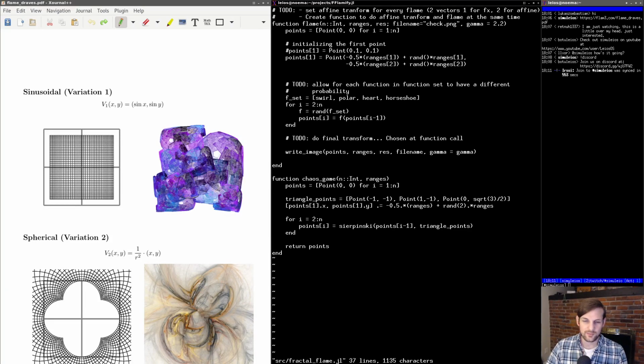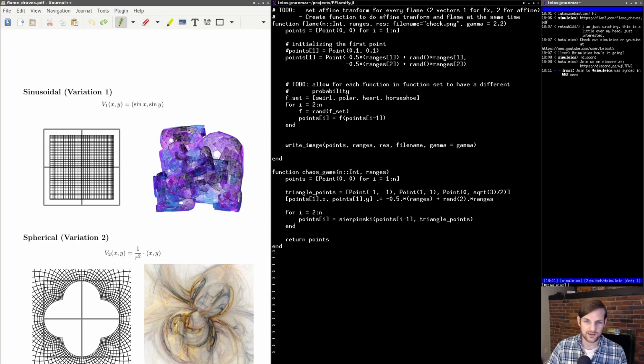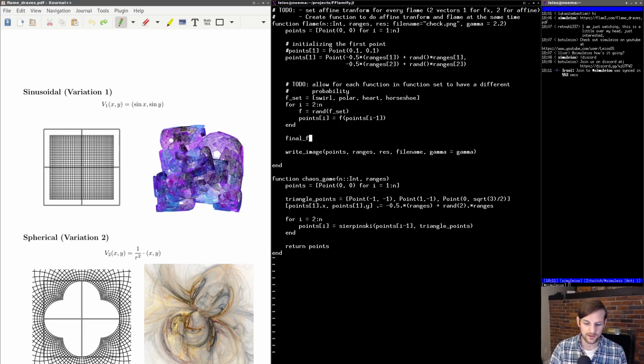Fractal. Now let's go down here and implement the final transform. So we're going to say final f is going to be equal to